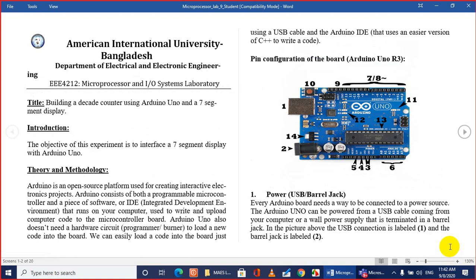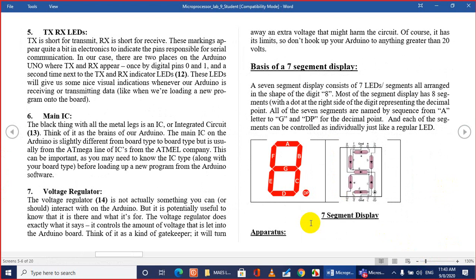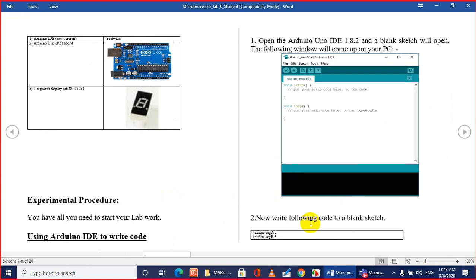As the main brain of our system, we are going to use the Arduino Uno microcontroller board that we have used in several of our labs. We have finished those earlier, and already are familiar with this microcontroller board. And you'll find again a brief discussion about the board over here. So I think I can safely move forward because you are already familiar with these things. Again, a brief discussion on your lab sheet of the 7-segment display. And finally you have how to write the code.